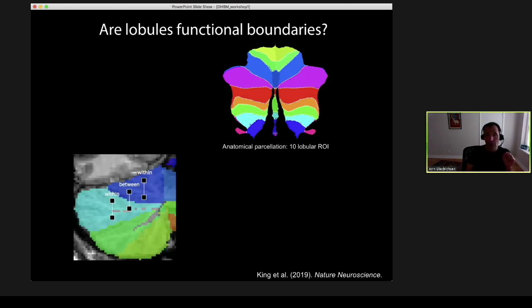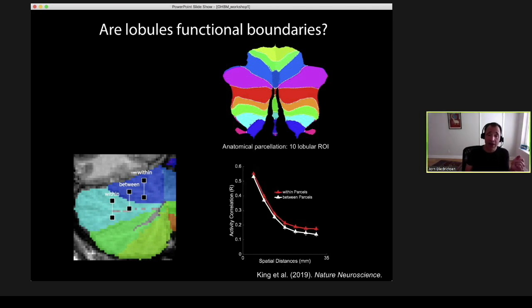Now, an obvious way to approach this is just to compare how much two voxels within a lobulus, or within a parcel, correlate with each other. And they should correlate more than two voxels that lie between these two parcels. Okay? Now, when you do this anywhere in the brain, what you're going to find is that the correlation, the functional